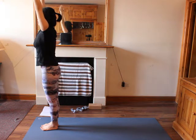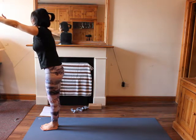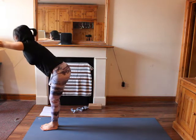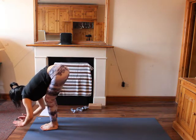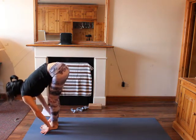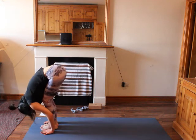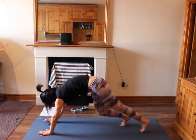exhale, this time maybe hands at your shoulder level, and then hinge from your hips, keep your upper body straight, and then down, hands on your shins on the mat, inhale halfway up, exhale fold, hands flat on the mat, walk back into a plank,